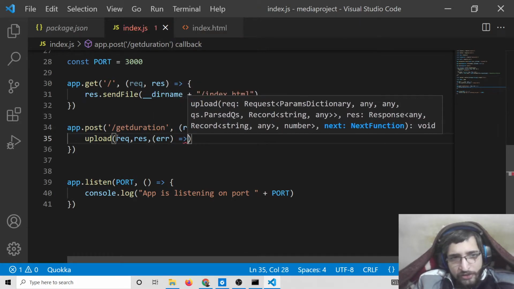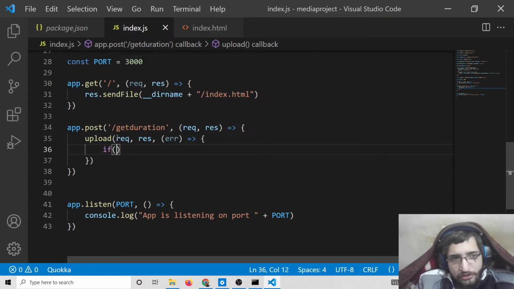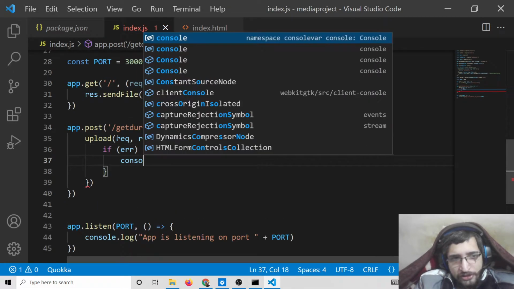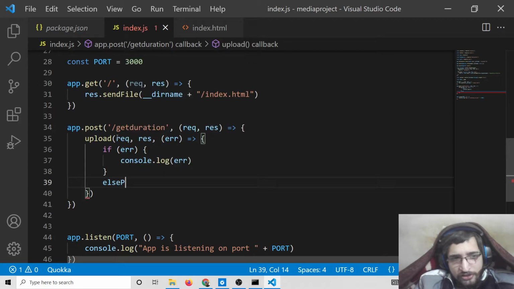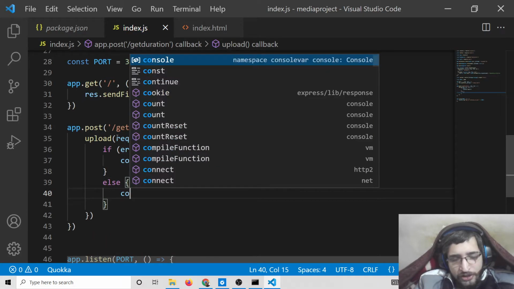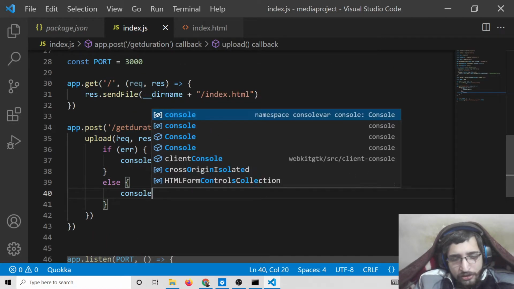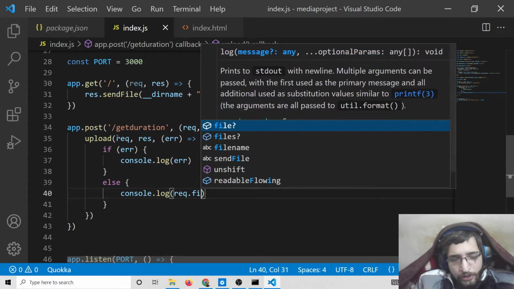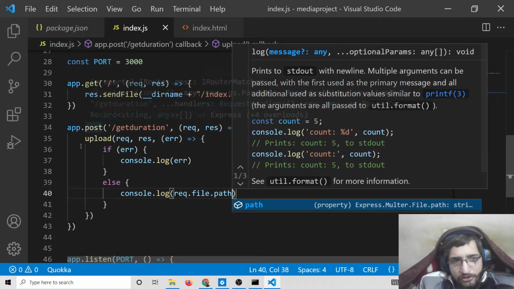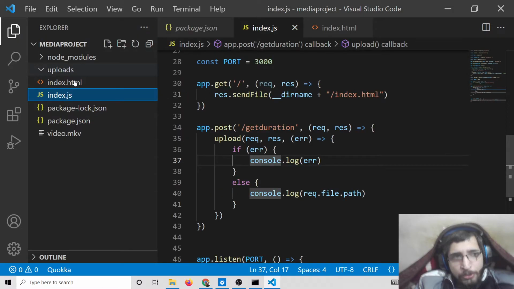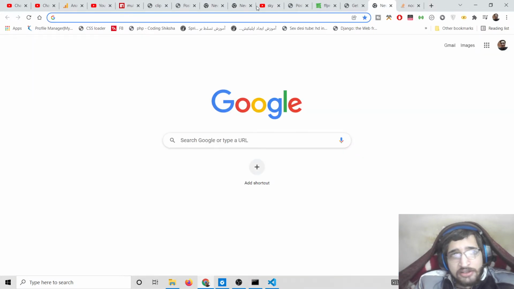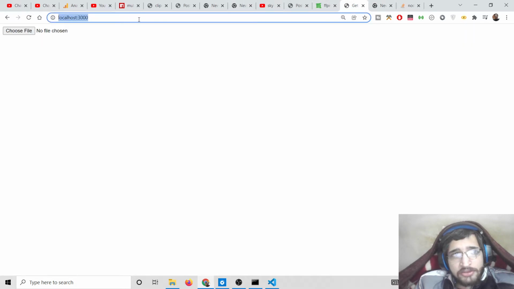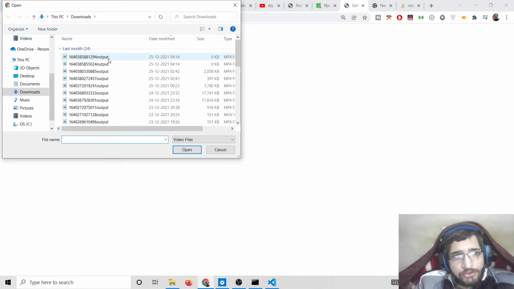If any sort of error takes place, we can console log it like this. In the else block, we can console log the request.file.path, which is the path of the uploaded file. That's it. Now we are in a position where we can run this file. Simply go to this address. If I choose the file,